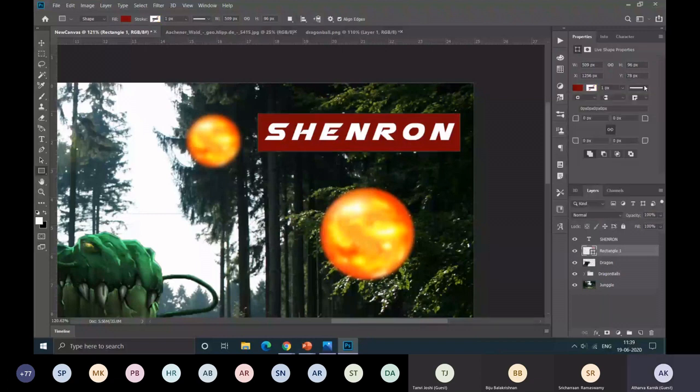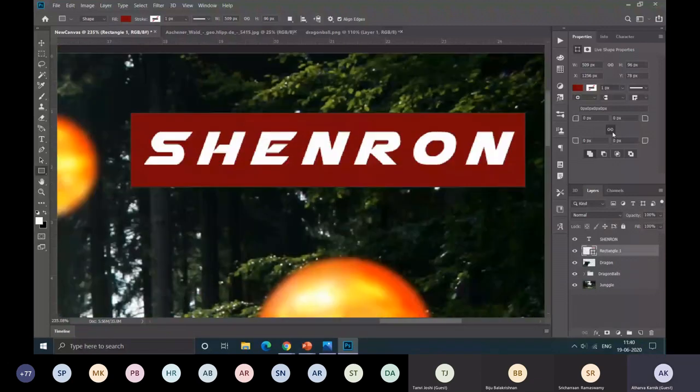Next option is you can curve the corners of the rectangle. I'll just zoom in so you'll see clearly. Here you can see the linking option has been enabled. So when I change the curvature of one corner, suppose I select 20, all corners have been curved. If I want to curve only specific corners, you just have to deselect this option.